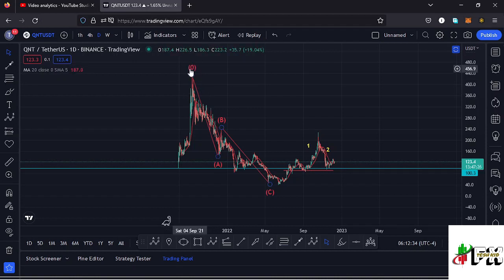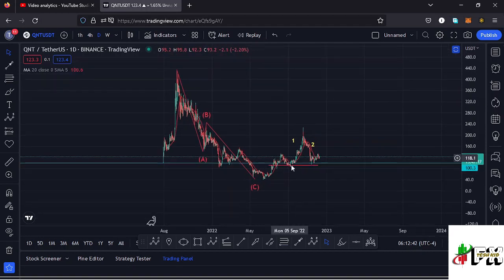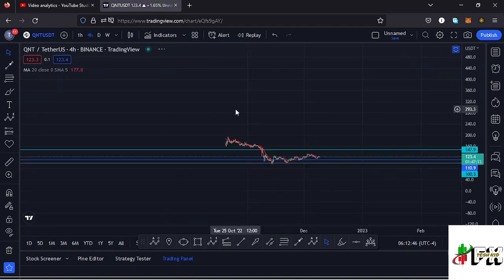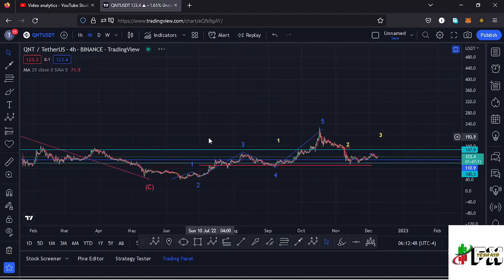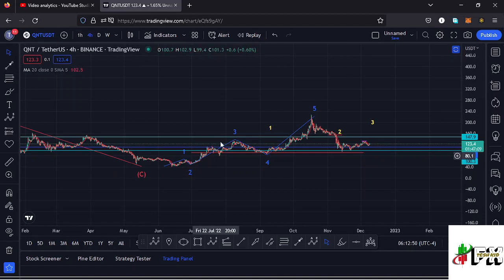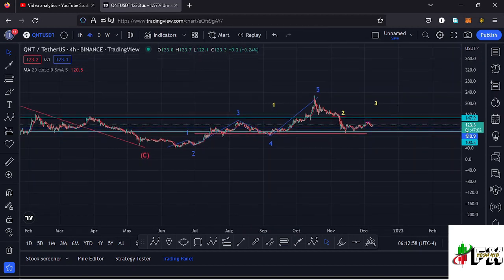Quant from the all-time high had been seeing lower prices in this massive ABC corrective structure, which took us back to around the $40.1 mark. After seeing that low we have been seeing a very nice bounce to the upper side in a movement that has been obeying the Elliott wave structures, and that is better seen here on the 4-hour chart, where you can see I have this Elliott wave structure in blue, where a wave 5 completed